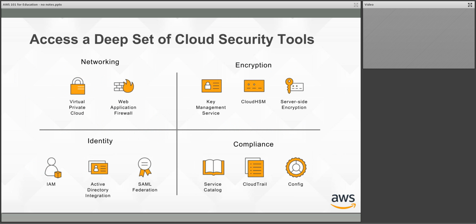Running on AWS, you also have access to a deep set of cloud security tools, from virtual private cloud, which is the networking